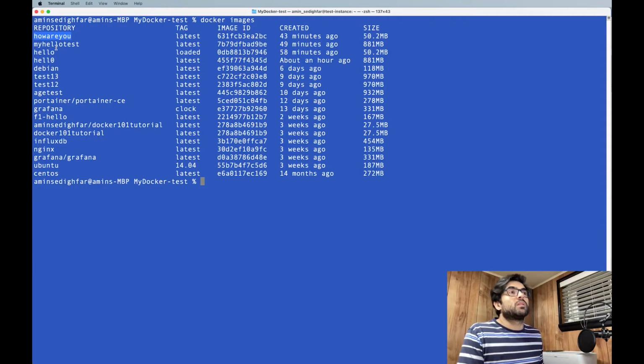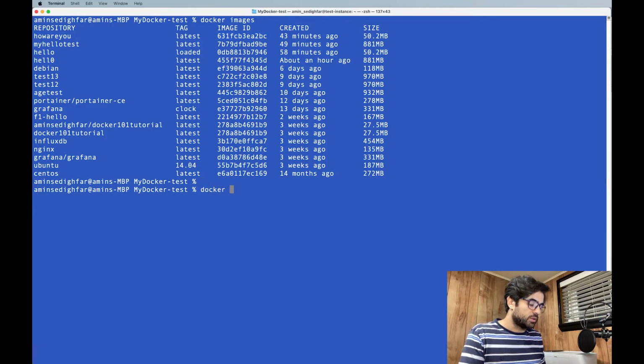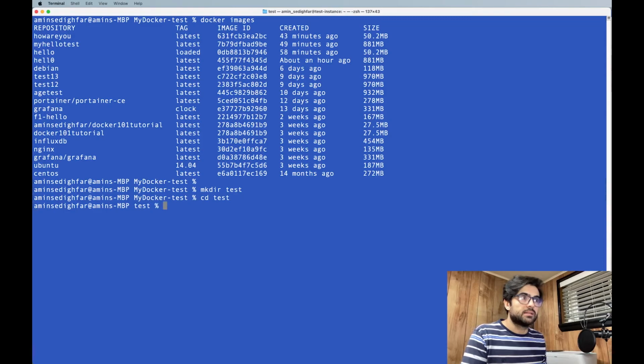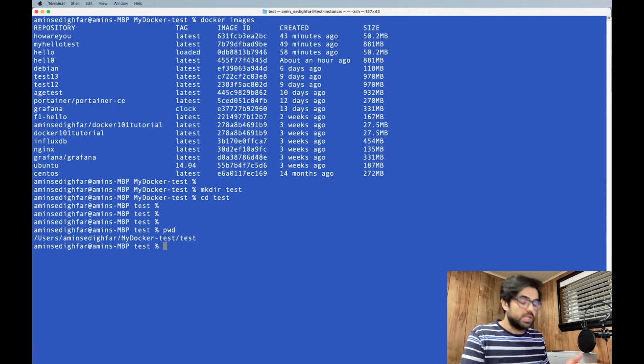So we should copy the image ID like that, and then do docker save. So docker save, then image ID, then pipe. So we do gzip, and so here we should come up with a destination. Where to do that? For that reason, I'm gonna come here, make directory. Let me call it test and cd test. So pwd, I'm going to be here, and docker save image ID